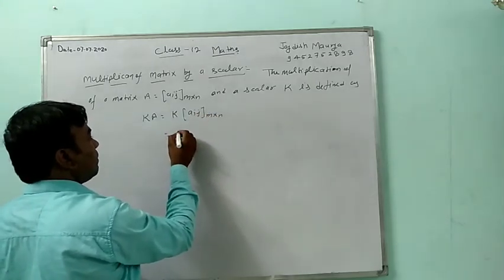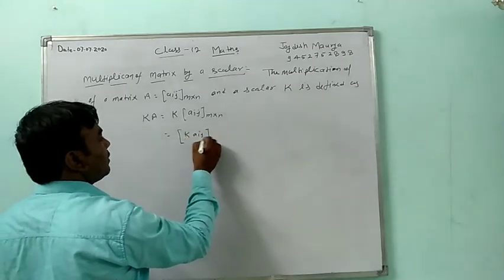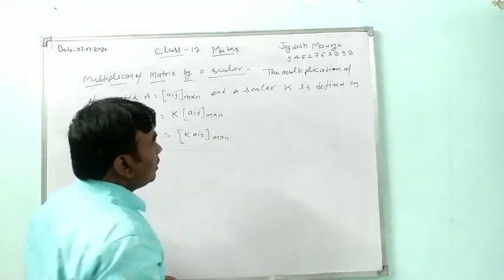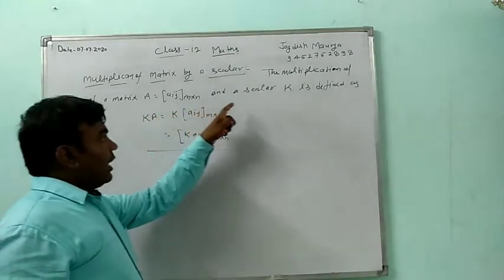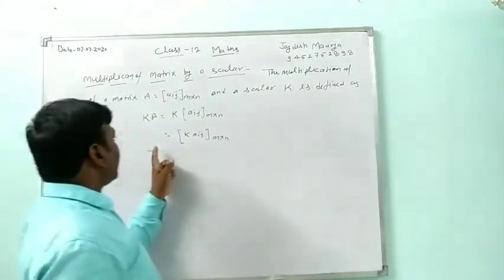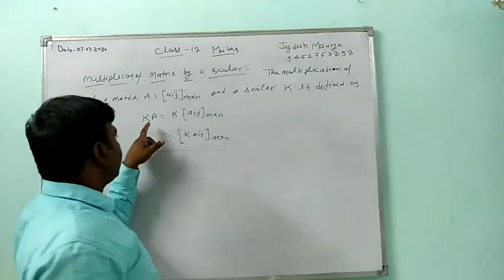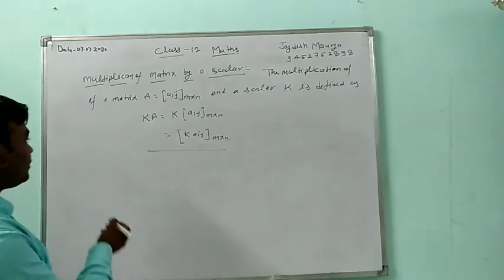This means the multiplication of a matrix and a scalar k is also a matrix, which is obtained by multiplying each element of A by k. For example,